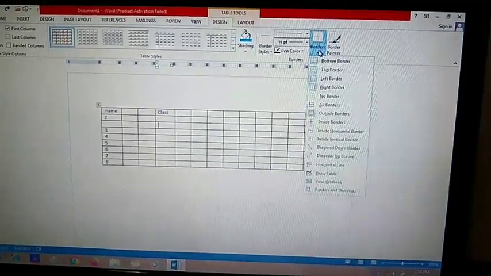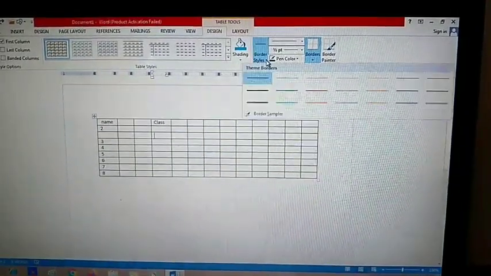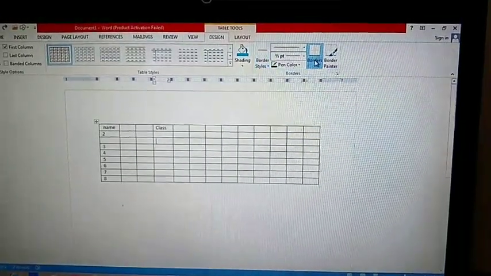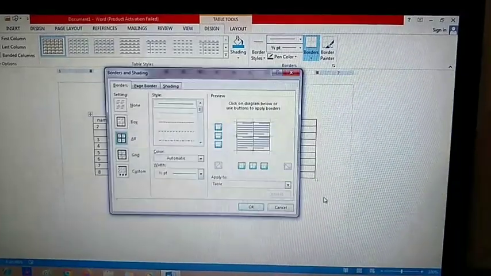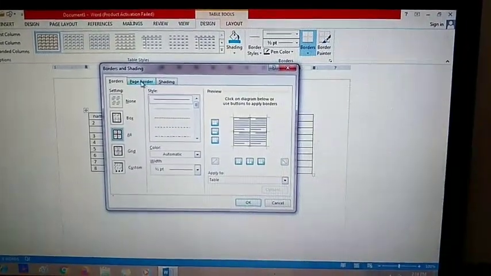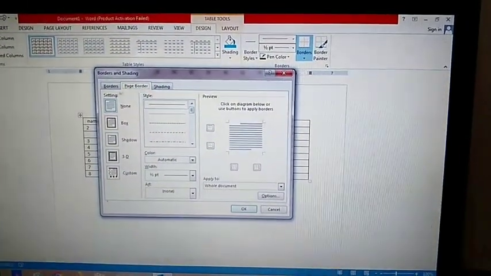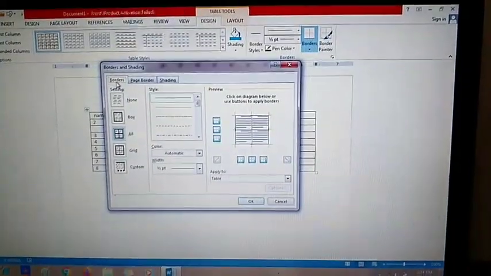One border style option is there. You can choose from here also, or this one you can choose. Come to the last one, border and shading. Like this you will get the border and shading option. If you want to apply a border to the whole page, you can click on page border, or borders, and it will apply borders to your table.